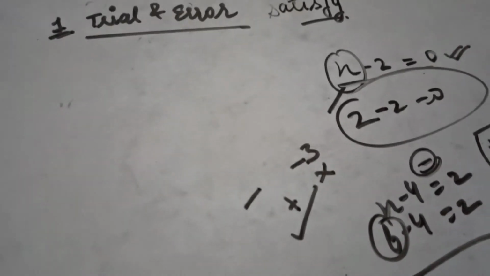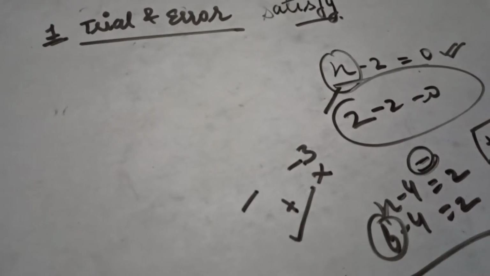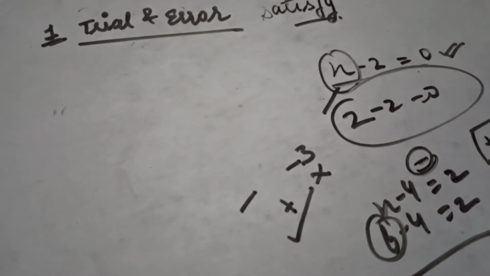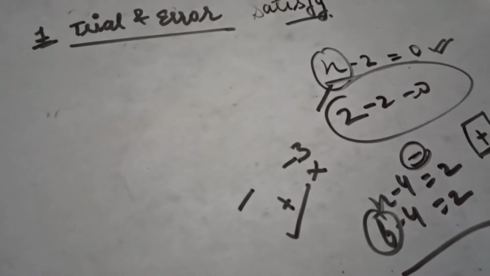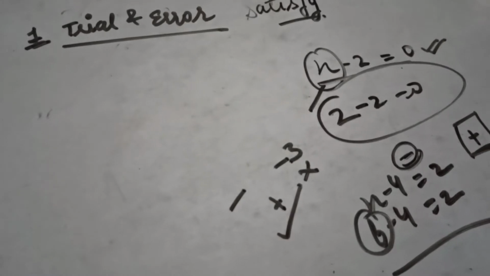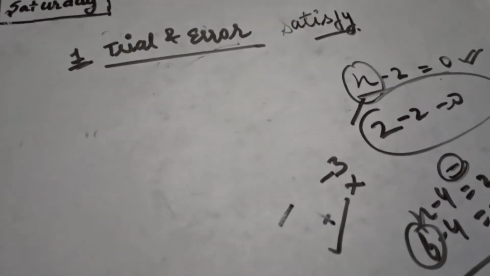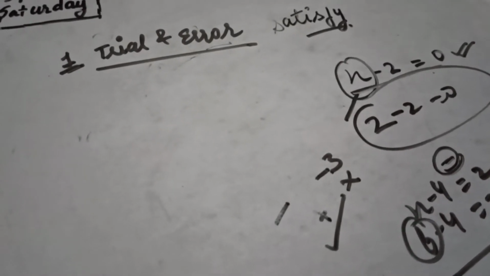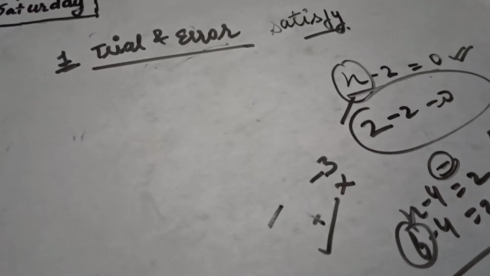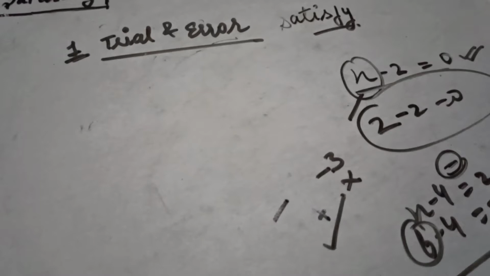If I put here 6 minus 4 equals to 2, then it is satisfied. So this is the trial and error method, which has no specific way. We just put in the value directly. If it is correct, then that is the solution, and if it is not correct, then try another value. That's why trial means try and try again. Error occurs. Many times, beta, the solution we assume is not the solution of that equation, and we know that after putting in the value. So it means an error occurs. That's why the first method is trial and error.